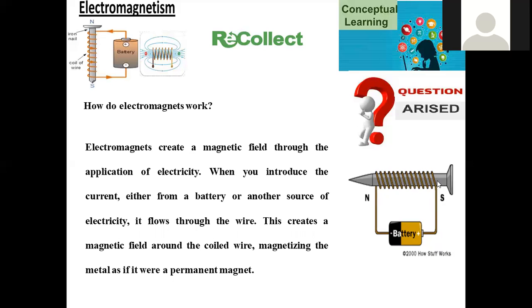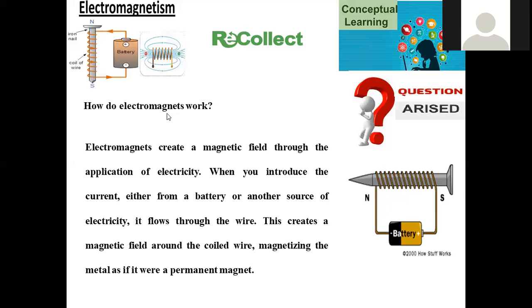and reaches this nail made up of iron, for example, this creates a magnetic field around this coil, whatever we are taking, whether it may be a simple nail or the largest iron rod, whatever it may be. And it originates the magnetic field around this metallic instrument, so that this nail will become a permanent magnet now. Why? Because the magnetic field is induced, and the north pole and south pole are also originated, and that creates the magnetic field around this one.